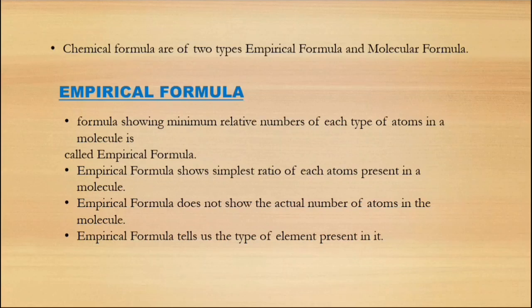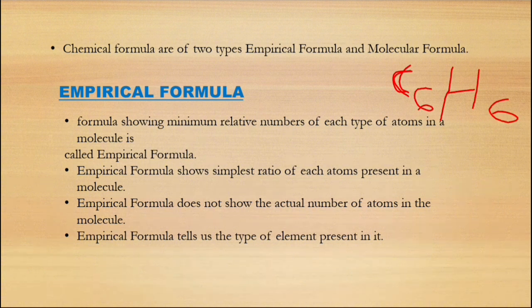In this video, we will learn about the chemical formula. What is a chemical formula? There are elements and compounds. Carbon and hydrogen are two different elements present in a molecule. But the number in which they are present, like C6H6, the ratio of carbon and hydrogen present in the number, is called the chemical formula.